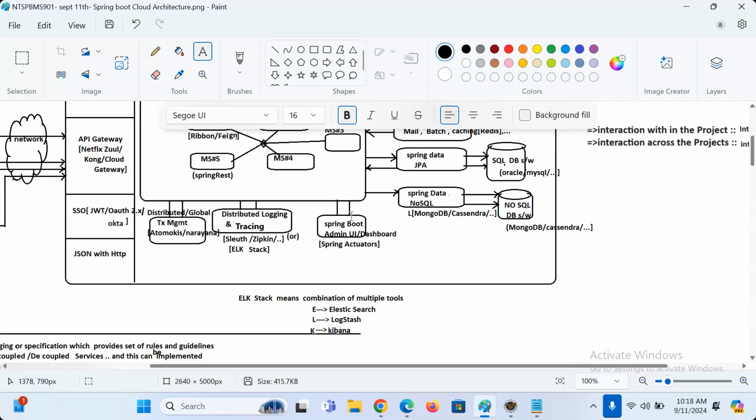Ready-made actuators are there, giving non-functional features, boss. For every project, separate non-functional features are added, right? But instead of seeing them individually, I want to see them together in a single environment. Then we have the admin server concept, guys.